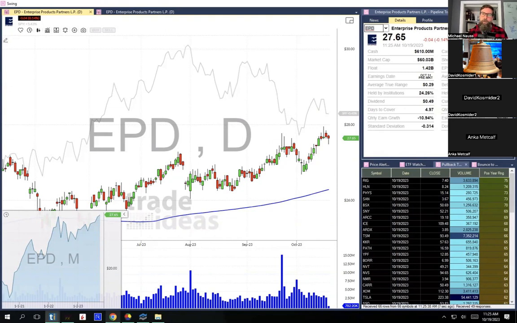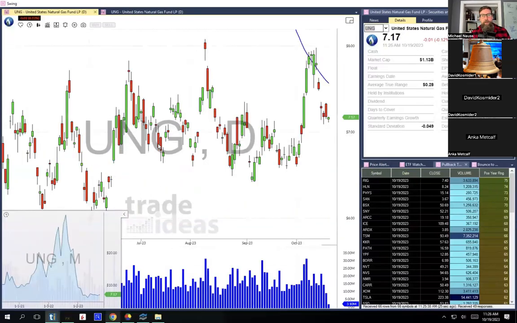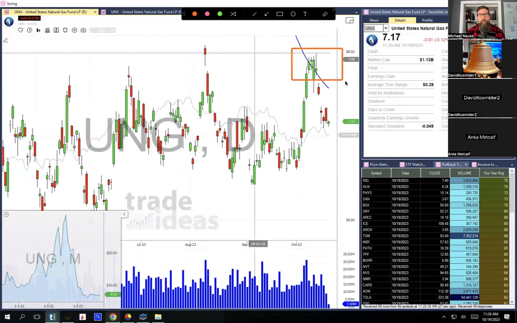Then also they're doing, again, trade ideas. You can just see, I love this. For someone who doesn't do the fundamental stuff, we have up here what the company does, just briefly. So they're a pipeline for natural gas. So UNG would be something to watch to see if natural gas is something that makes sense. And there's our declining 200-day moving average. We looked like we were going to have a little bit of a breakout here. I was getting excited that maybe natural gas was finally going to break out. The declining 200-day moving average hit us in the face, and we're right back down.